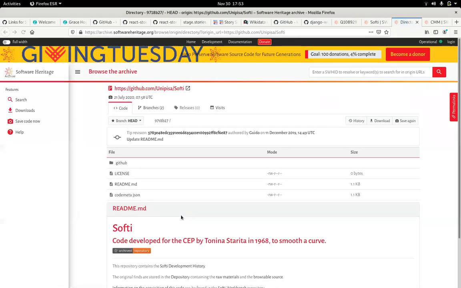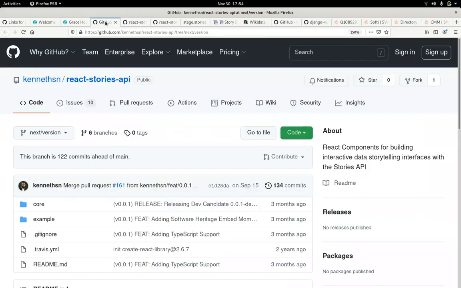Let's just open the new tab. Okay, so one of the collaborations for Software Heritage that we did was expanding the software moment, one of our moments, into a custom Software Heritage moment, and that would take in a Software Heritage ID and then can be embedded directly into the story itself. And so I'll talk a little bit about